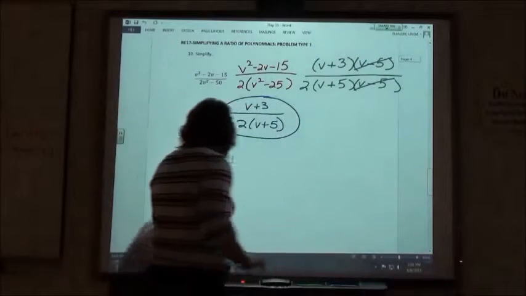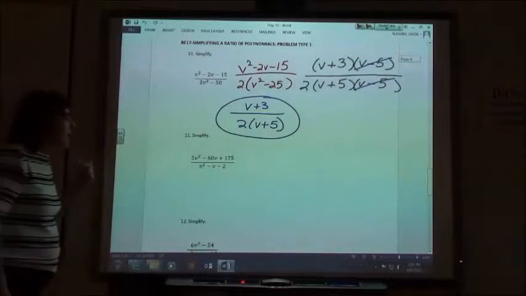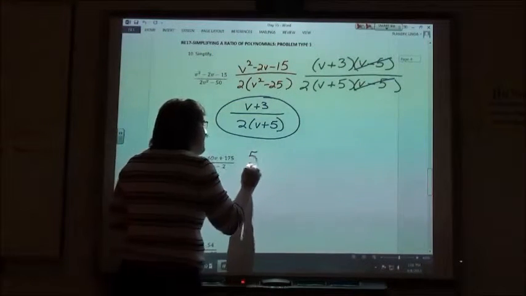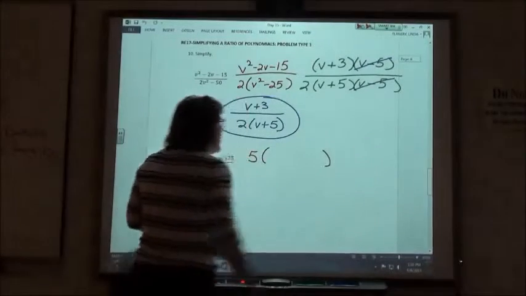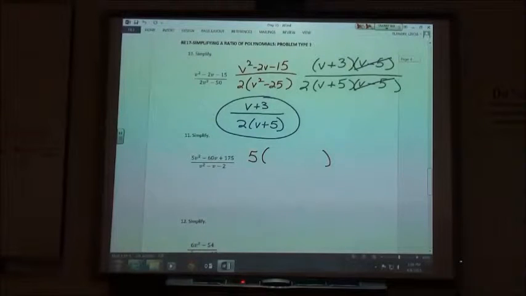So number 11, if we look at that, looking at the top part, the first thing I want to look for is, is there a greatest common factor I can divide into all 3 of those terms? 5. So I'm going to start by taking the 5 out, just because it makes my other factoring a lot easier, because my numbers aren't so big then. So if we divide the 5 out of each of those, we would get